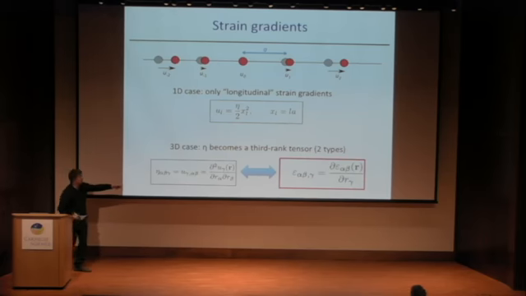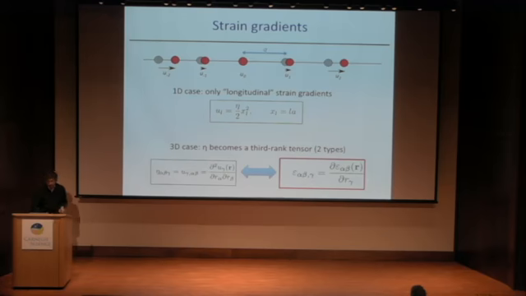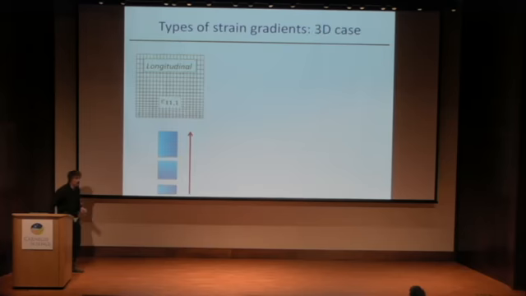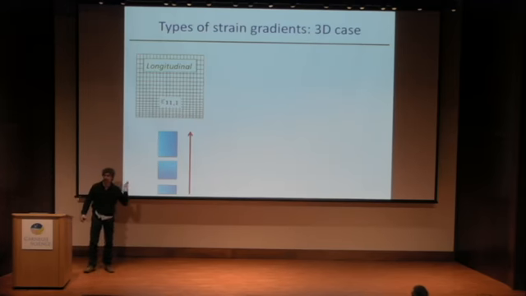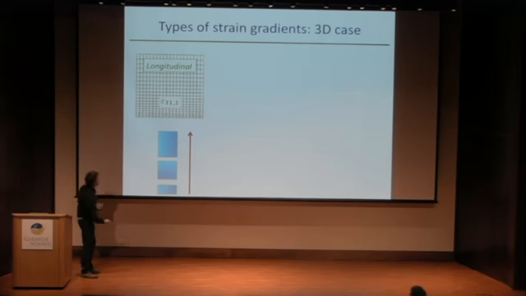This is more intuitive because you're used to the concept of the strain tensor, and so it's easy to figure out what is a gradient of the strain tensor. And I'll be using mostly this representation in the rest of the talk. So there are 18 components, and this sounds like a big problem to represent on a piece of paper, especially. But fortunately, in cubic materials, which is essentially what this talk will be about, we have only 3 independent components of the strain gradient tensor, and all 3 can be easily represented on a 2-dimensional sheet.